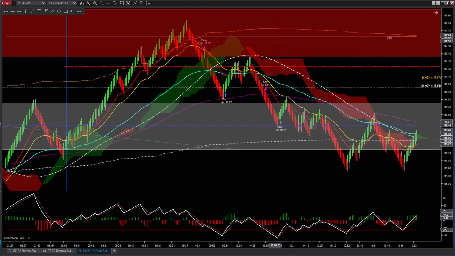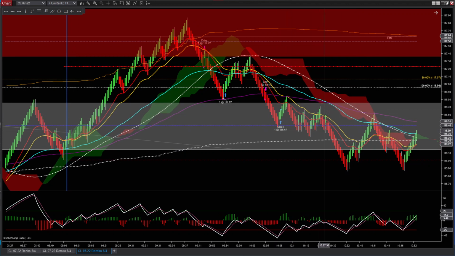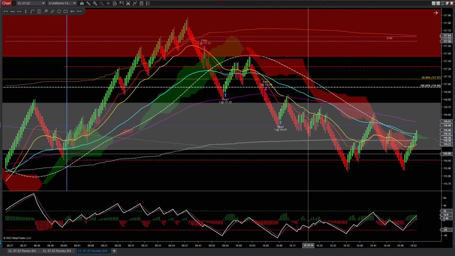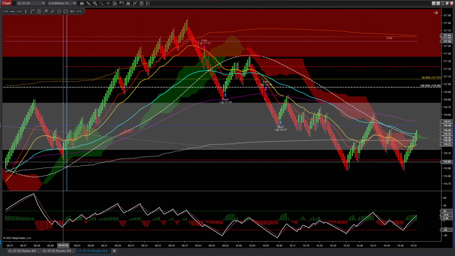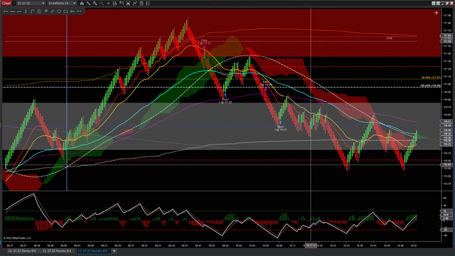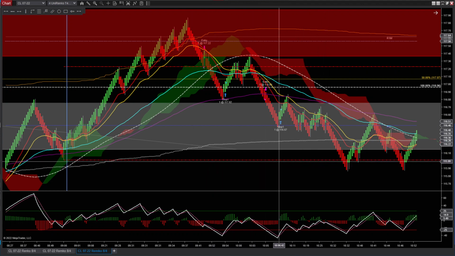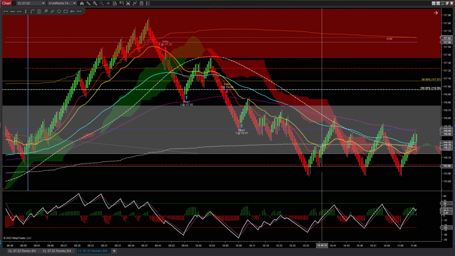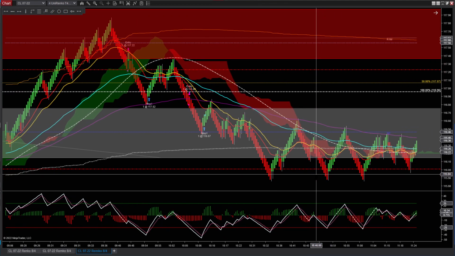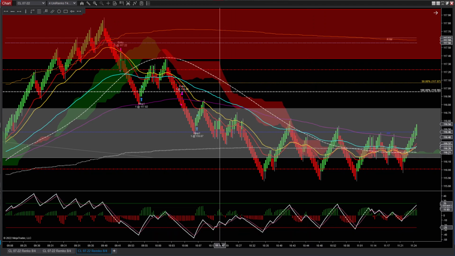Then finally the market came back down and touched the bottom of the range right there, and then had a reaction, went up. If you see here, we do have the opening range also in this area right there, and then the market started to move sideways. Okay, so